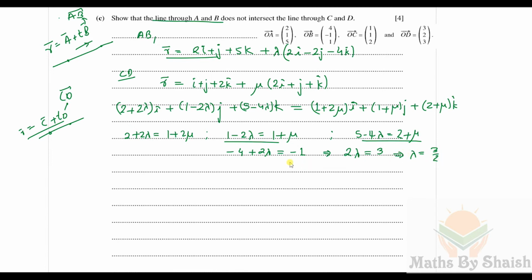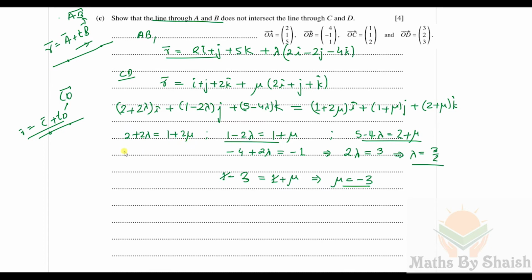Now we will find mu. We can get mu from any of the two equations. I'll take the second one, and I'll put lambda as 3 by 2, and that is going to be 1 minus 2 into 3 by 2, that is 3, is equal to 1 plus mu, 1 cancels, and from here directly we can see that mu is going to be minus 3. Now we have two values, lambda is equal to 3 by 2 and mu is equal to minus 3. If these two values satisfy the first equation, then we will say that they intersect,